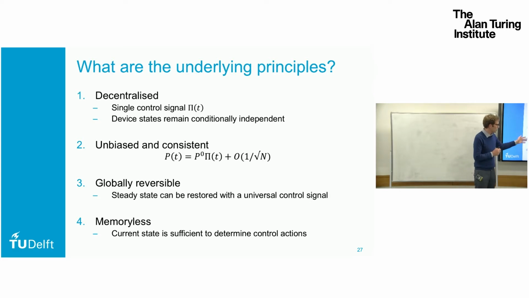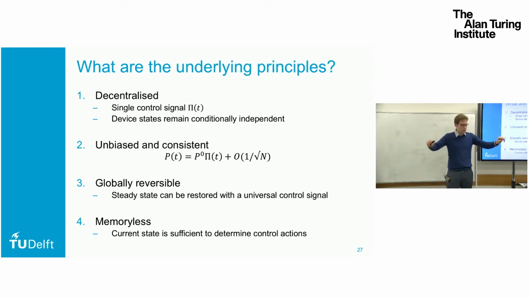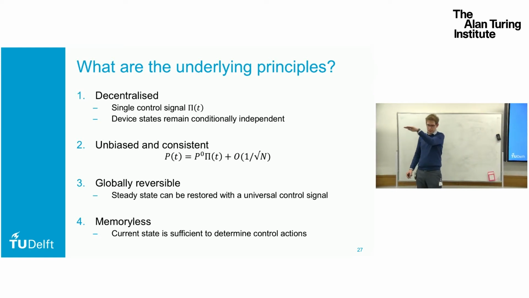And finally, this one is really important, because these two are not sufficient. You can have these two properties, and then by sending lots of different signals, send each fridge into its own corner of its state space where it can't move anymore. So we have this third property where it's globally reversible. If we send out this pi signal, which has this big dip,